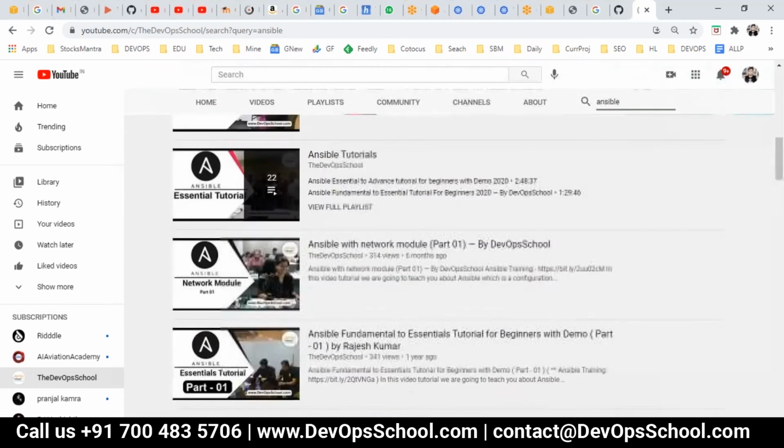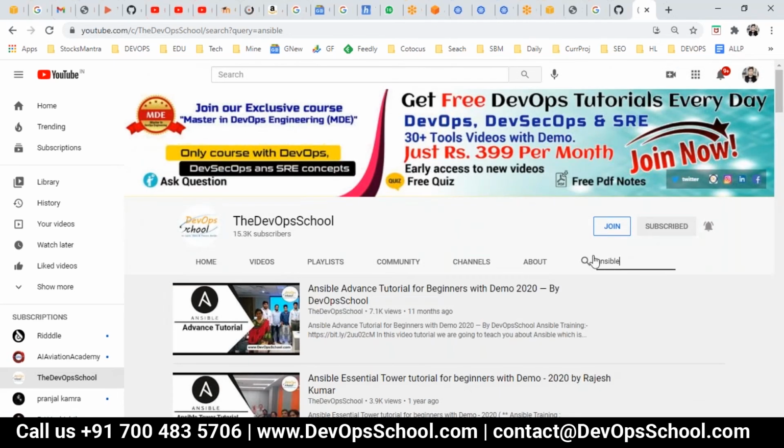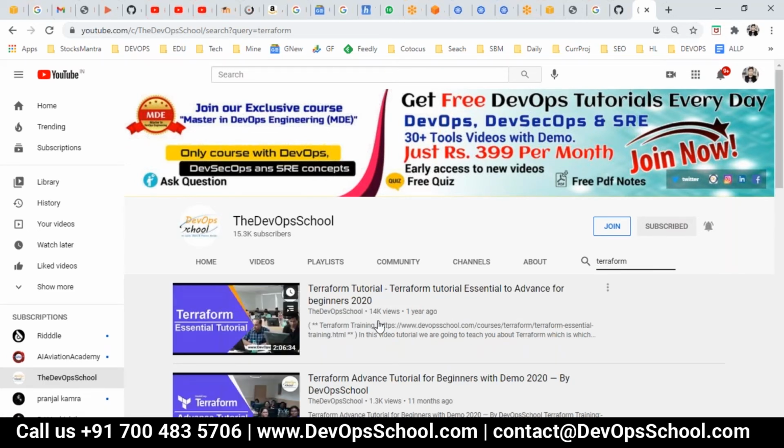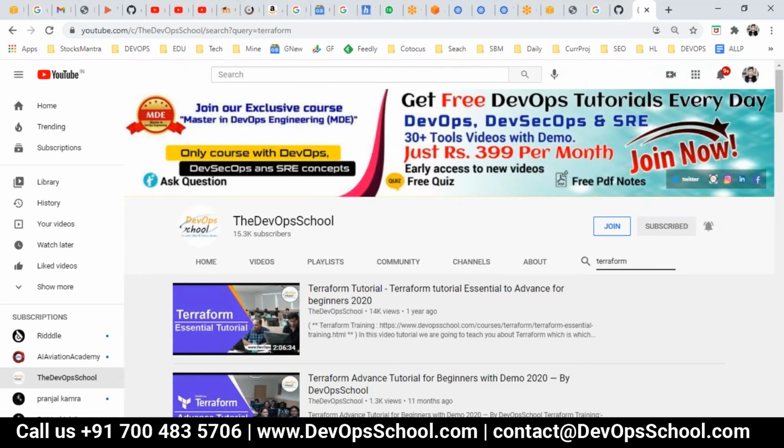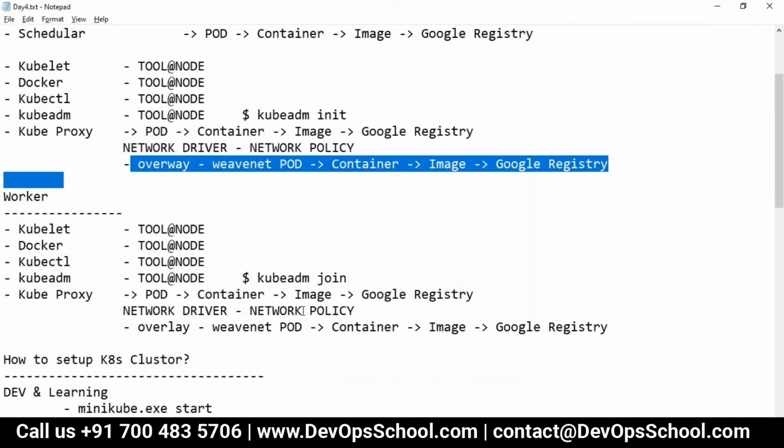Okay, so many tutorials you have. Again, Terraform, all these are Terraform. So yeah, if you really want automation in mind, then you can use them. By the way, Jenkins videos are also there, but Jenkins is not for this use case. It's the wrong tool for this scenario, automating a multi-node cluster.